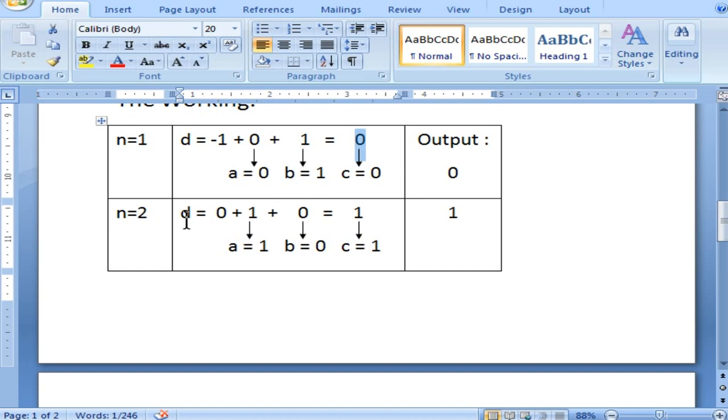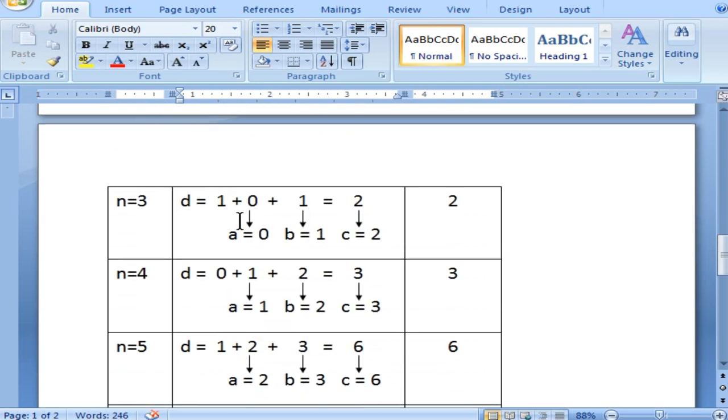Okay. Now the next term, it is n equal to 2. You can see the a value is 0 plus b value 1 and then plus c value 0, which has been added. You are getting the second term that will be displayed. Now you are going to replace with a equal to 1, b equal to 0, and c equal to 1, which is the b, c and d value respectively. Now next term it will be 1 plus 0 plus 1, that becomes 2, that is the third term.